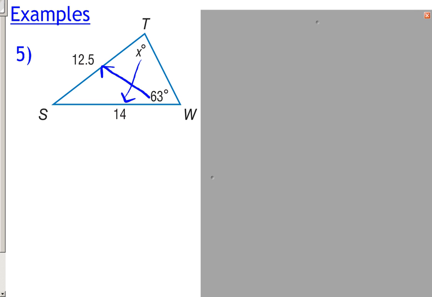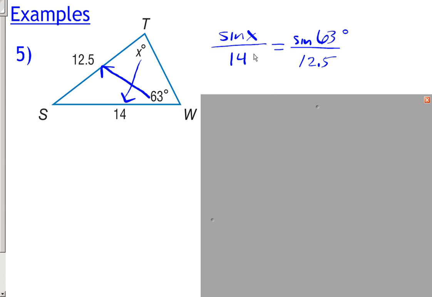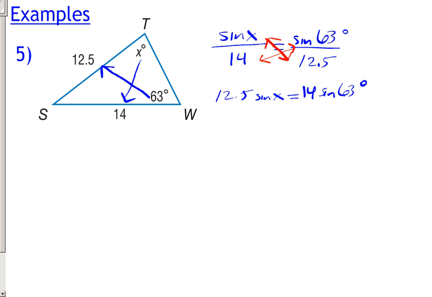So set up for the law of sines on this one, just like the last example we did: sine of the angle over its side across from it. So sine x over 14 equals sine 63 degrees over 12.5. So you cross multiply just like the last example, and you get 12.5 times sine x equals 14 times sine 63 degrees. Now, just like the last example we did, you want x by itself,